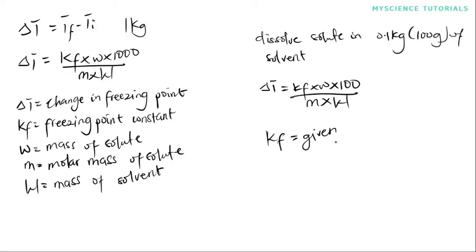There are other instances where it may not be given. So in case the Kf is not given, how do you calculate the Kf from the parameters that will be given to you in the question, so that you can go ahead and calculate the molar mass or any other thing that the question may require of you? So the Kf can be calculated from the formula R Tf squared over 1000 multiplied by Lf, where Kf we know